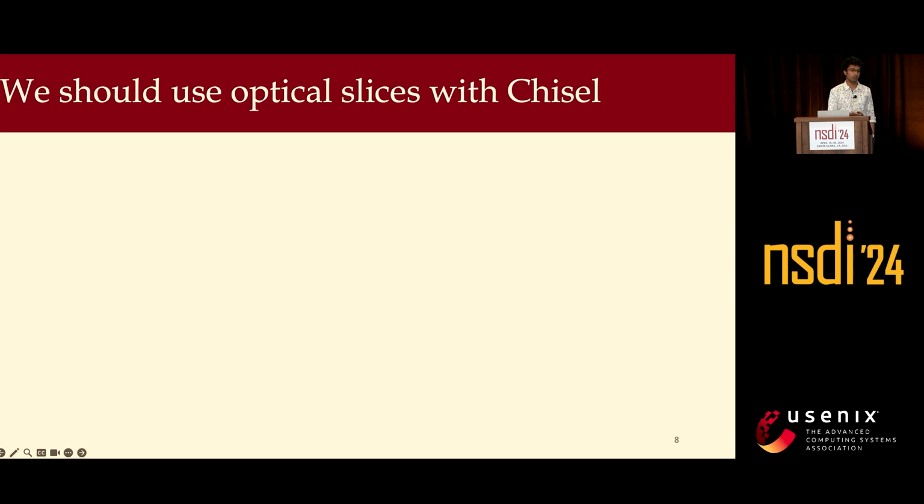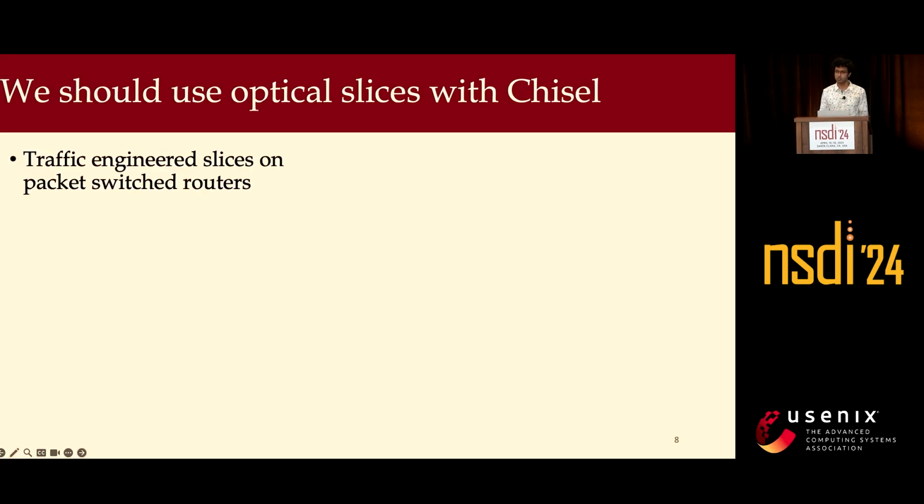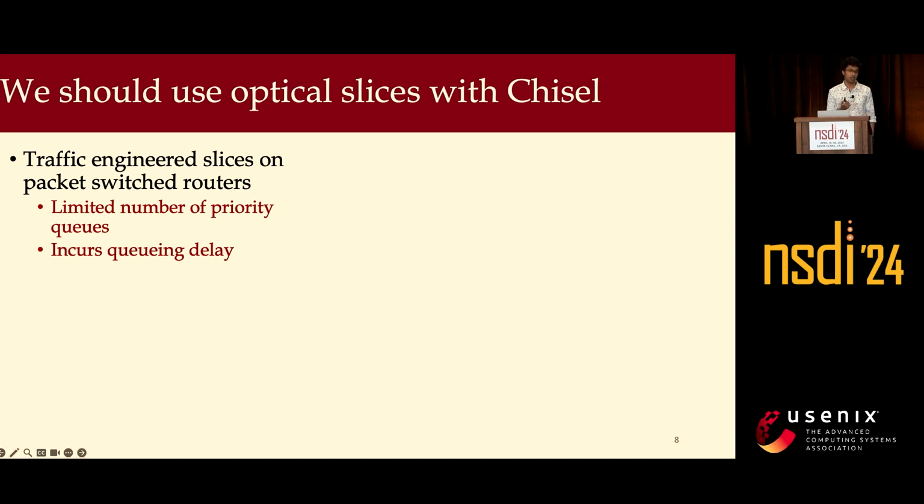So in this work, we argue that we should use optical slicing, and we build a system called CHISEL to do it. The reason is not just using fewer router ports. Turns out traffic engineering also has other issues. For example, to implement traffic engineering, you need to use priority queues on these routers, and there are very few priority queues today on these routers. And queuing delay is inherent to packet switched networks, and this leads to unpredictable and unreliable end-to-end performance of slices. On the other hand, if we implement optical slices, you get predictable and stable end-to-end performance